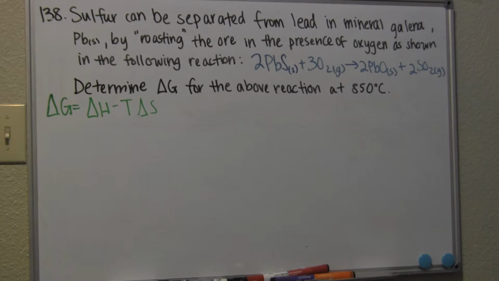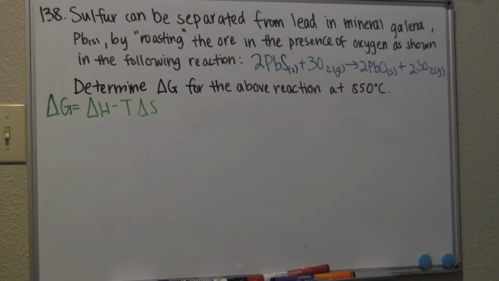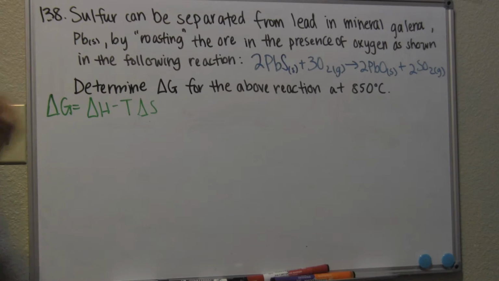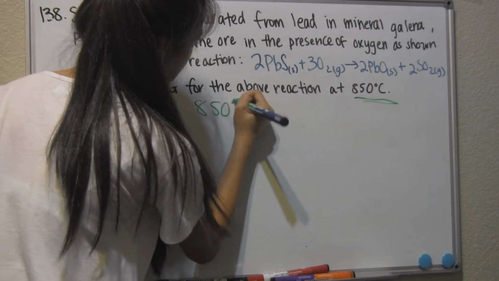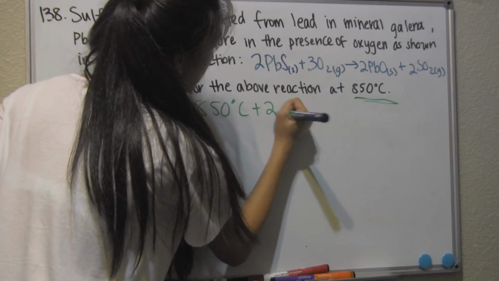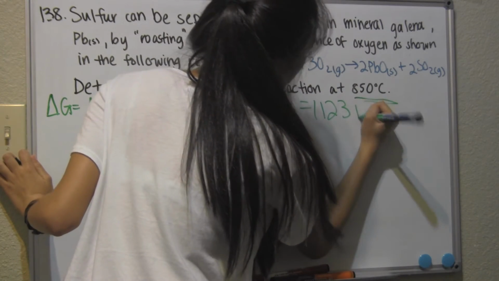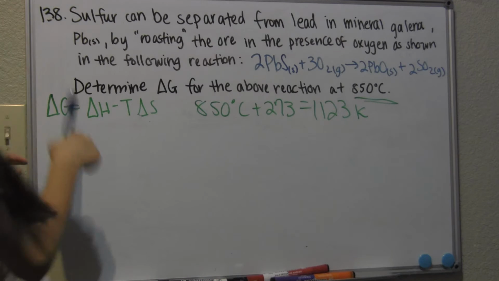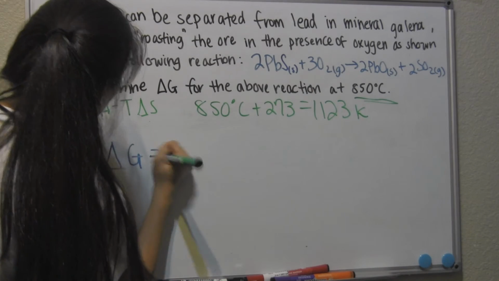Okay, so now to find delta G, so as you can see here, it's temperature, and we've been using joules per mole Kelvin and kilojoules per mole. So now we have to convert the 850 degrees Celsius and add it to 273 so we can get Kelvins, and that would be 1123 Kelvins for the temperature. So if you plug all of what you got, the delta H and the delta S, into this equation right here, you'll end up getting delta G is equal to